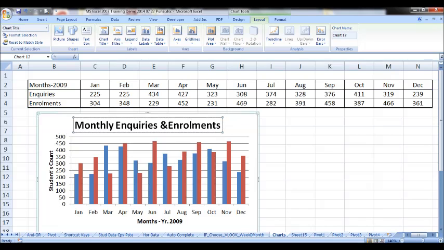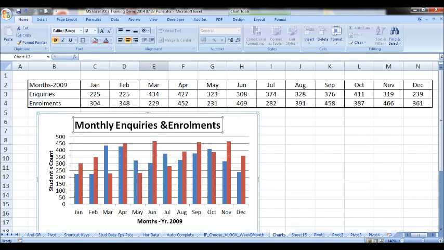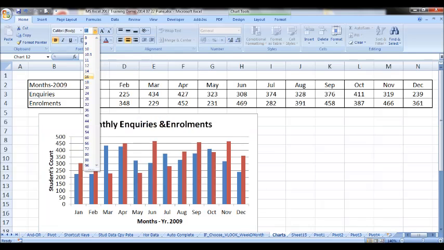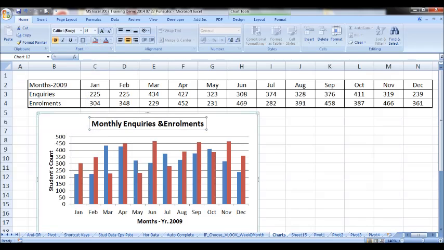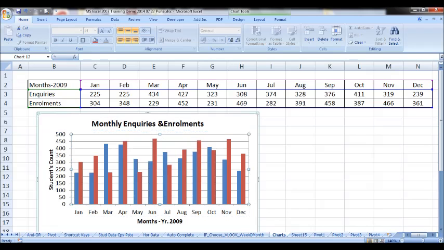You can change the font size also. Select the text box and reduce the font size to whatever size you want and optimally utilize it. Is this fine? But still we have scope to again express the graph through numbers.